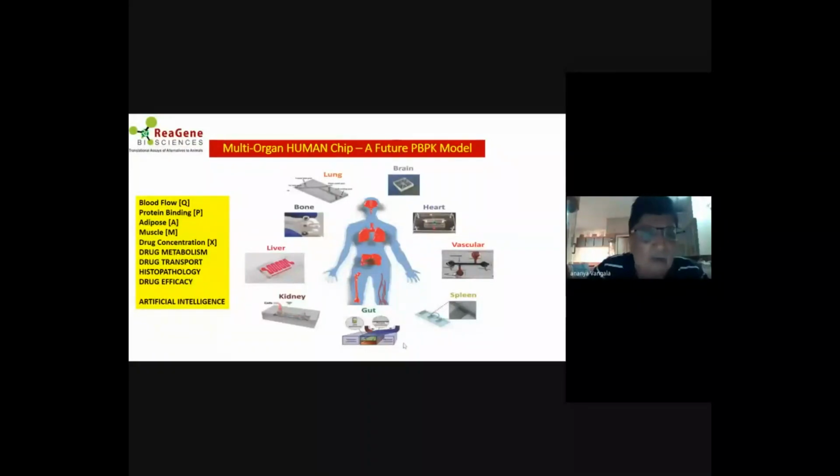We already have a lung model. Some people have already developed a liver model. And we have a gut model that we're already in the process of building. We're still waiting for kidney, brain, and the other major models that we need to incorporate into the system. And we want to create these multiple organ models. See, blood goes into the system and blood keeps flowing from one organ to another organ. This is very, very crucial and critical